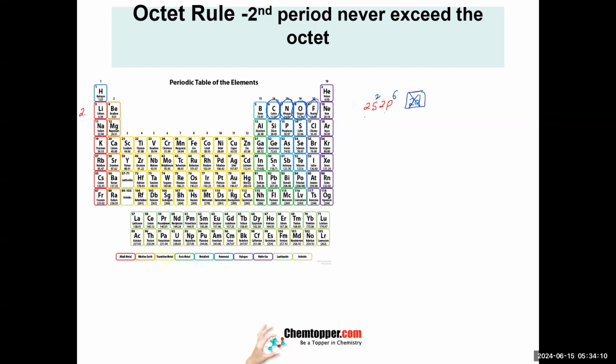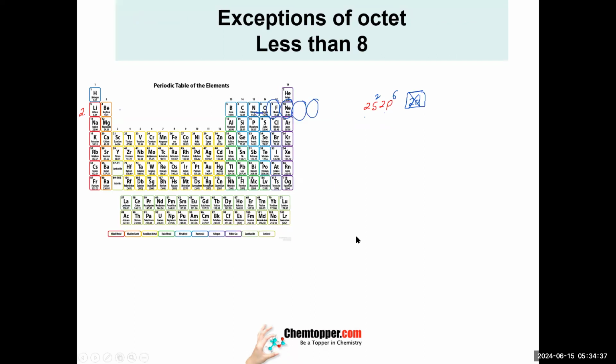They cannot have more than 8 because they don't have any empty orbitals to accommodate extra electrons. So these are always with exactly 8. They never exceed the 8. Even boron, beryllium, boron never exceed the 8. Right? But if I go to the next period,